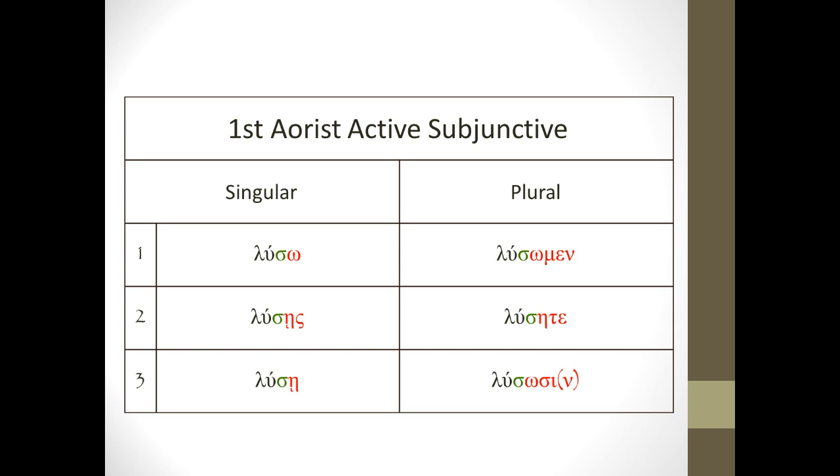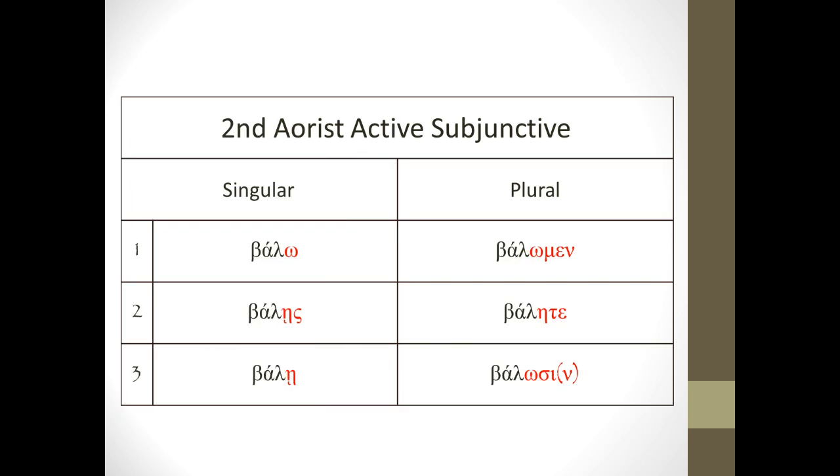With that in mind, let's now take a look at the second aorist active subjunctive. Take a look at the screen just for a moment and see what you can observe by what you see on the paradigm. Alright, if you're looking closely, you'll notice that the endings are all the same that you have in the present active subjunctive, the first aorist active subjunctive. Okay, so the good news is, again, no new endings to learn here, or at least not multiple new endings. Okay, they're all very similar to what you know, just with this lengthening taking place with the initial vowels.